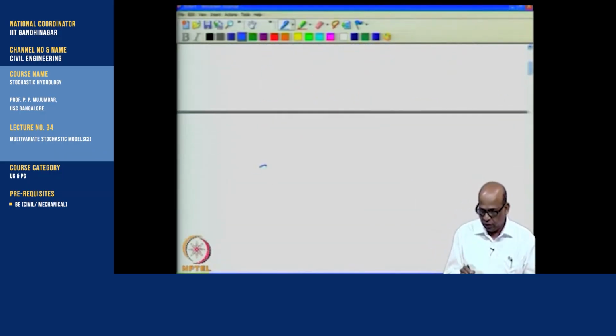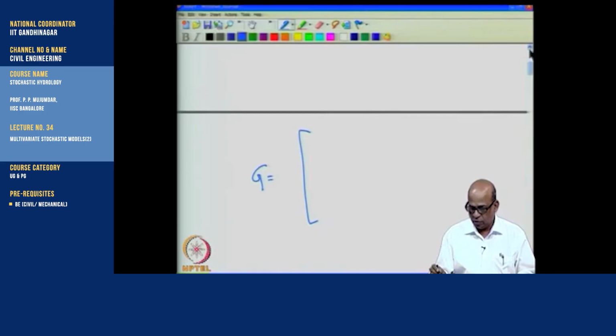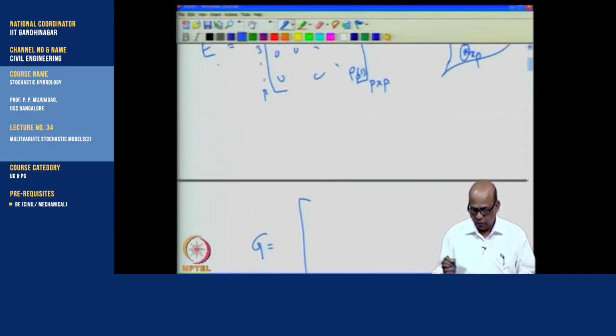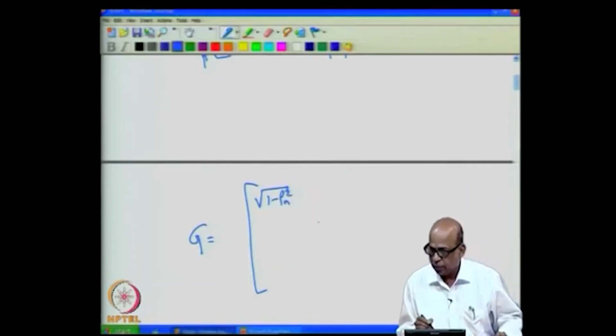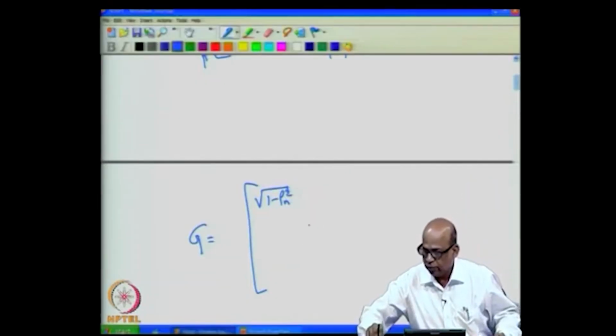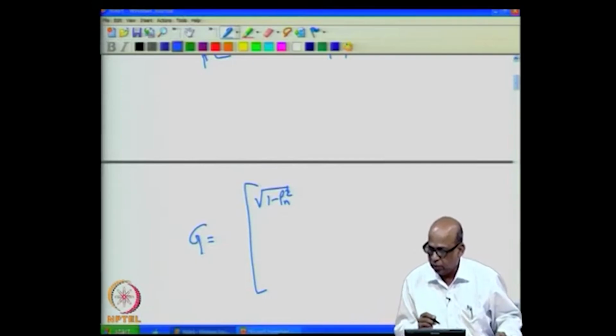I will write G much similar to what we wrote for the matrix E. I will write G as root of 1 minus rho h square 1, where 1 indicates the lag,